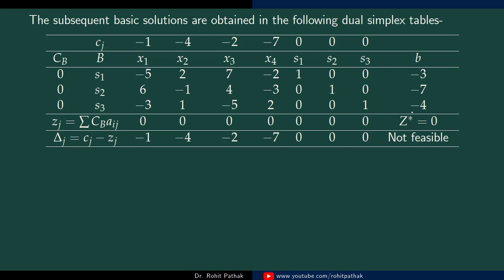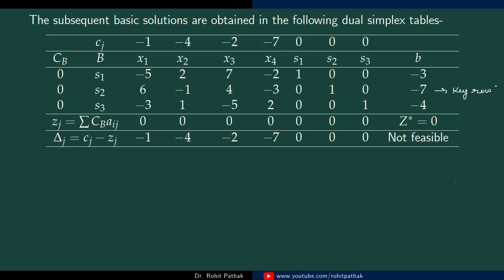To apply the dual simplex method, now look at the most negative value in this column. So the most negative value is -7. If we choose this most negative value, this will give the key row. This is the element which gives the key row. Okay, so the row corresponding to this most negative element is the key row, and this is also the outgoing variable. So s2 is the outgoing variable. So s2 will leave the basis. This is called the basis. s2 will leave the basis.